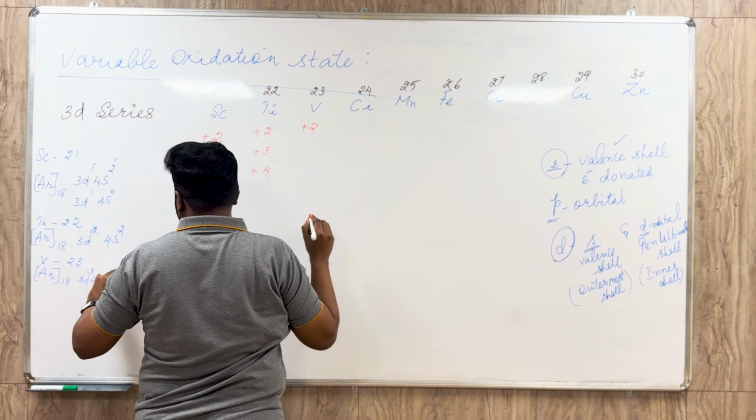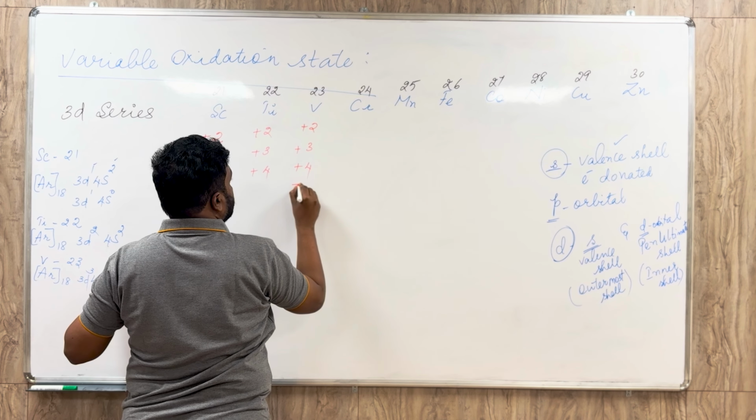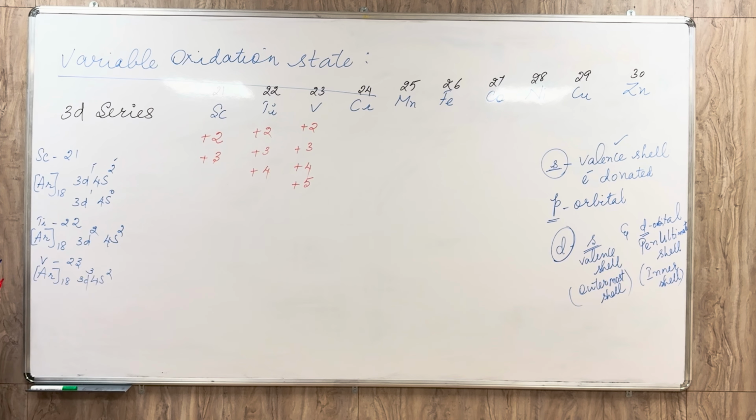It can donate 2 electrons, it can donate 3 electrons, it can donate even 4 electrons, and it can even donate 5 electrons, coming to 0 oxidation state. So these are the 4 possible oxidation states in the case of vanadium. Now coming to chromium,